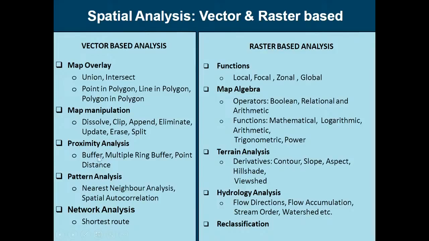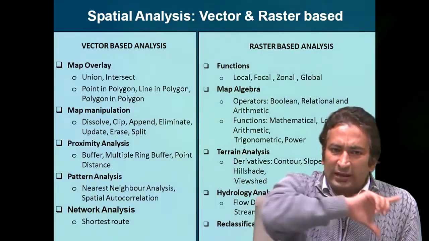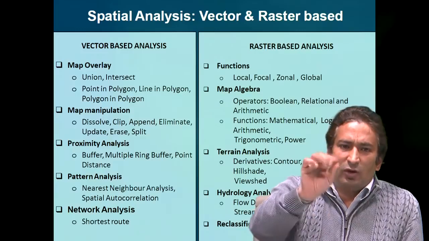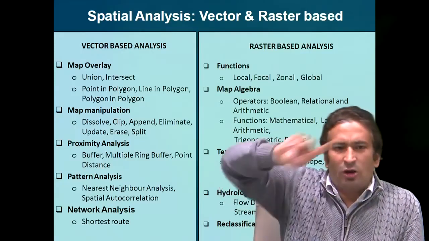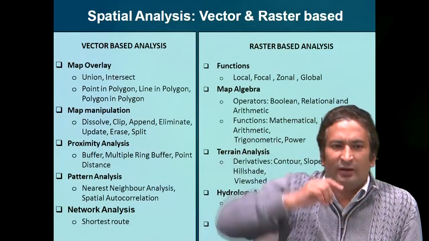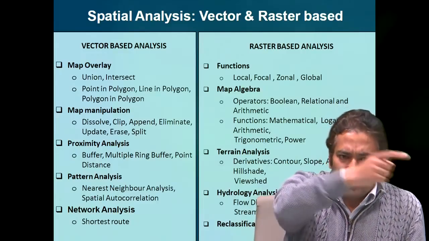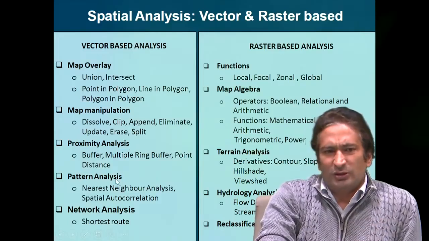Proximity analysis is again important here, like buffer, multiple ring buffer, point distance. Proximity means nearness, what is near to my feature. Suppose I have one road and I want to analyze the features which are within 100 meters of the road. What is that within? Within is buffer only. If I say 100 meters within the road, then that 100 meters is the buffer of that road. For a hospital, what is the service area? Say 500 meters along that point, it will serve the people living within 500 meters of that particular point. So that is again one buffer of it. These words are used in your programming also.